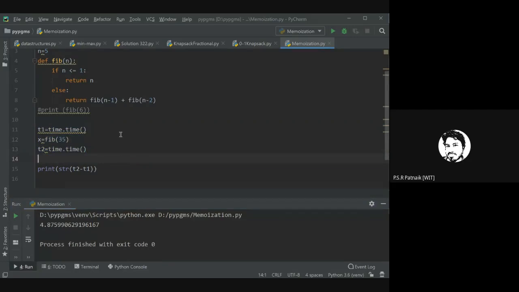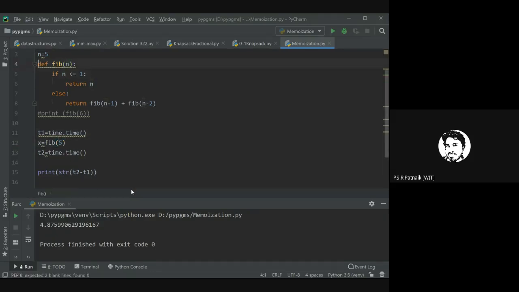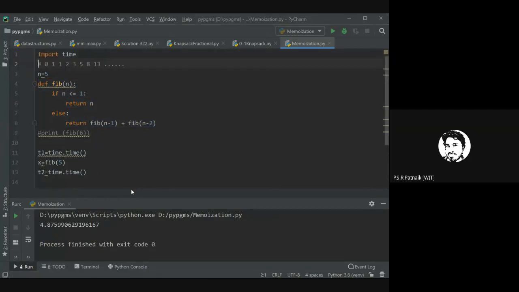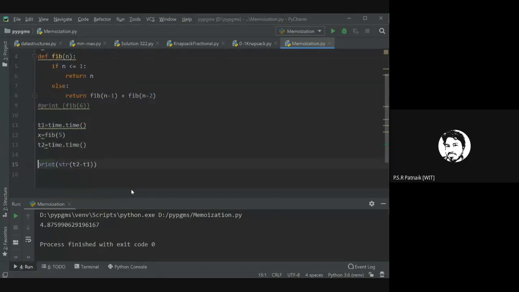So how do I optimize it? Before I optimize it or before I go for further calls, let me trace the recursion calls, right? So we want to optimize this. Can I optimize something here? Whatever optimization I need to do, I need to do it in line number 4 to 8. So before I go for optimization, I need to analyze the recursion tree. By looking at the recursion tree, I can make a guess if something can be optimized or not.